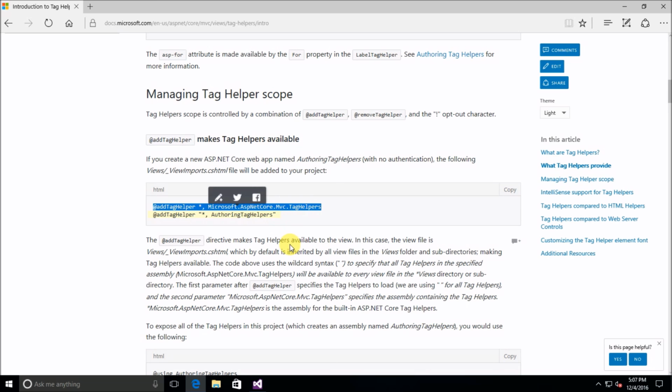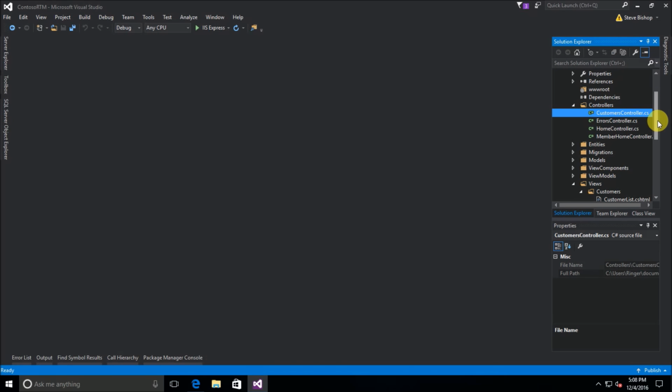Microsoft.AspNetCore.Mvc.TagHelpers. Now what I'm essentially doing is I'm grabbing a directive. This is a Razor directive that imports all of the tag helpers from this tag helpers class. So I can put this add tag helper directive in the same place that we put all of our other directives that we want to use across all of our views, and that would be the view imports file. So I'm going to go to my view imports file,